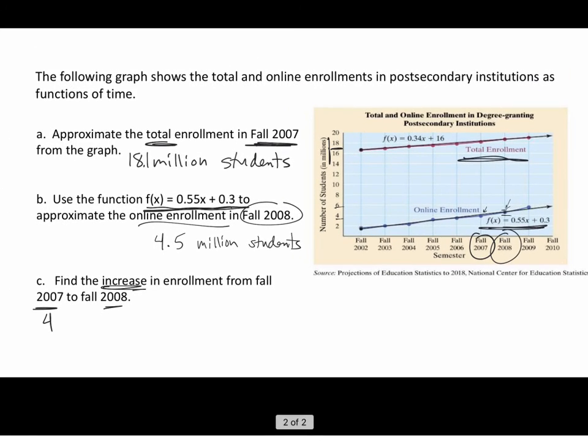In fall 2008, we said that's 4.5. So how much did it increase? We could take the difference, and that's 0.5. So 1/2 million students, or a 500,000 student increase